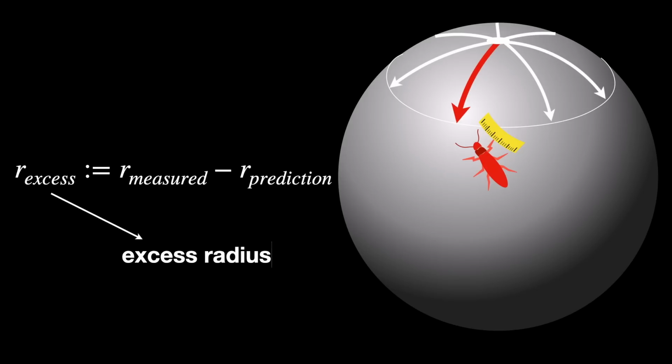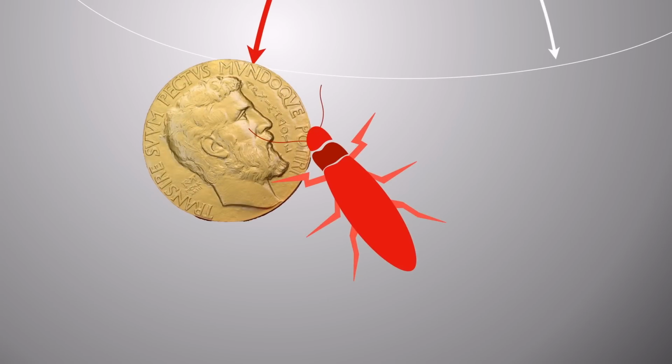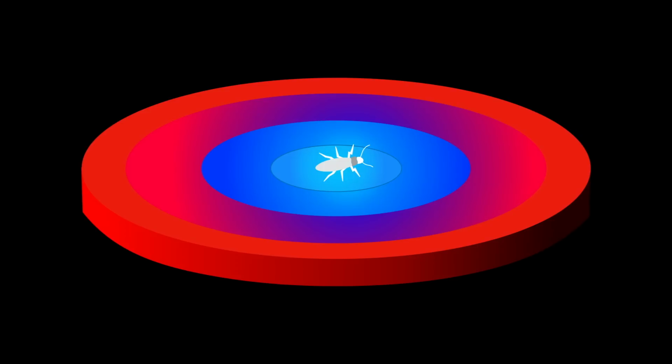This difference is what he called the excess radius. And he went on to win the Fields Medal for it. It turns out that the excess radius is related to the size of the circle. Meanwhile, the bug in the plate was feeling a little jealous. So he decided that he would pursue his own geometric postulates, because his space is way cooler anyway, relatively speaking.